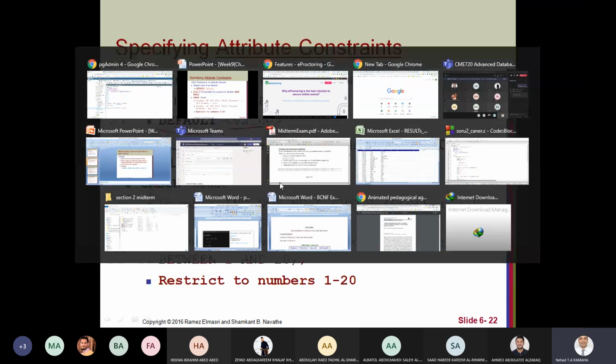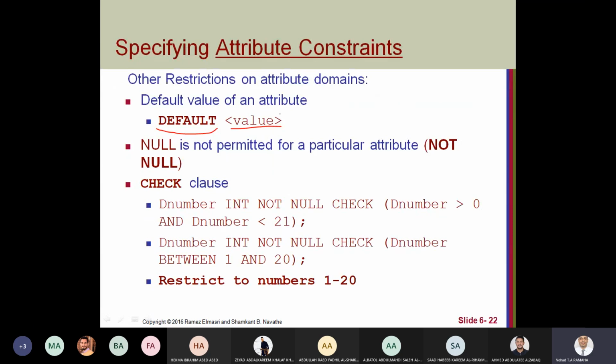Actually, this attribute default is important, especially when we speak about foreign keys, because foreign keys cause most problems when you make operations like update or delete. Usually, if you remove the primary key and there is a value in the foreign key, what will happen with this value?